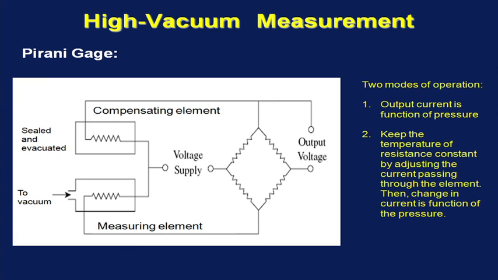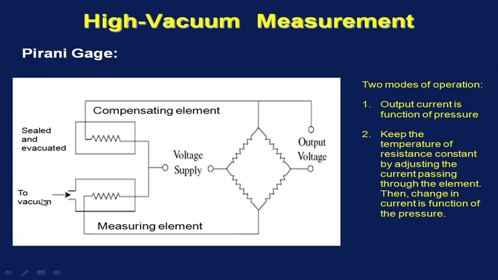Oftentimes we use coiled platinum or tungsten wires. The resistance wire is kept inside an enclosure usually made of hard glass, and this is connected